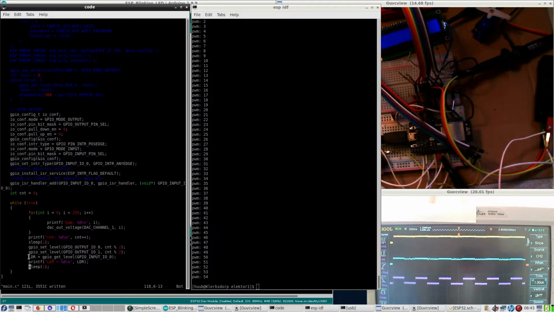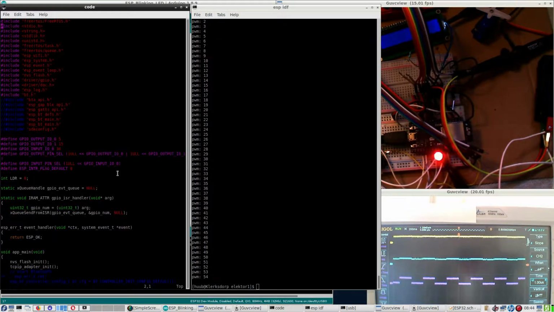So I introduced an integer LDR, because it is about an LDR, and introducing a print screen of LDR with its value. Then another thing is I want to pause for a second so I can actually read it. So yeah, I had to introduce also